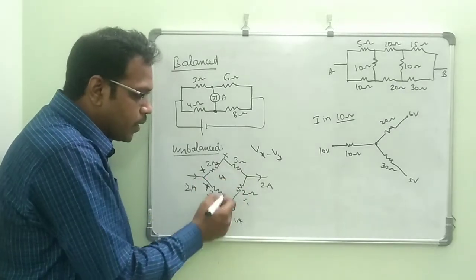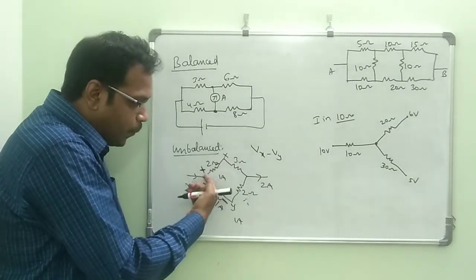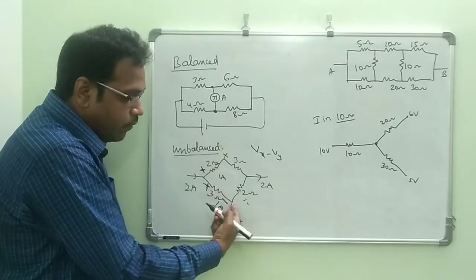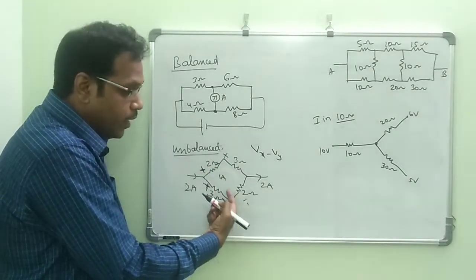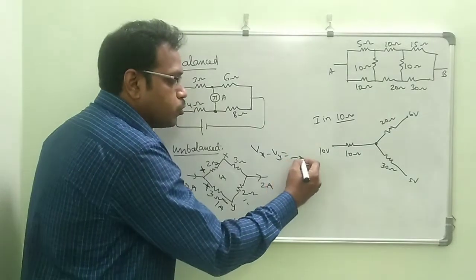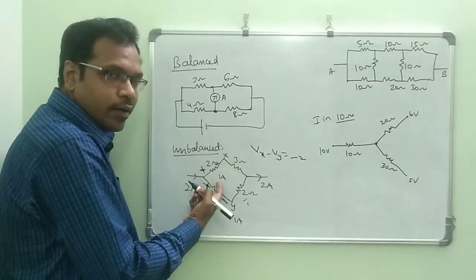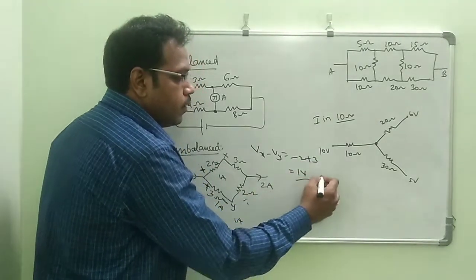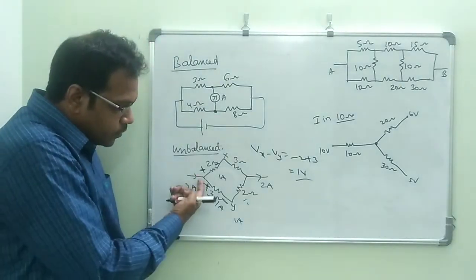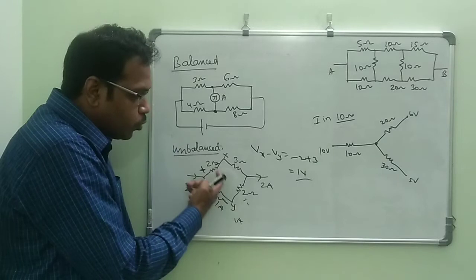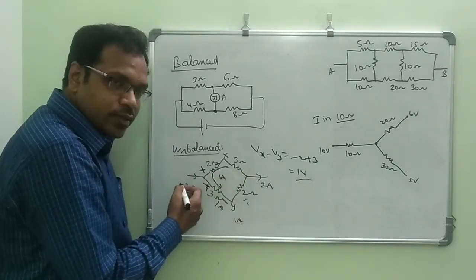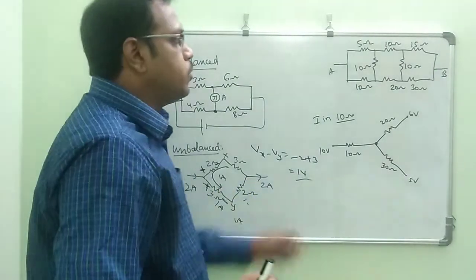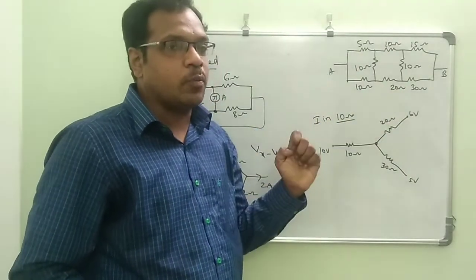In this branch 1 ampere is there, in this 1 ampere is there. I am coming opposite, because this is minus plus. Vx I am starting, Vy I am ending. So 2 into 1, minus 2 because of the opposite direction, and 3 into 1, plus 3, that is 1 volt. This is 3 into 1, this is 2 into 1. That's right. Simple technique.